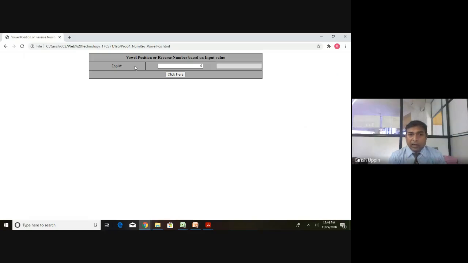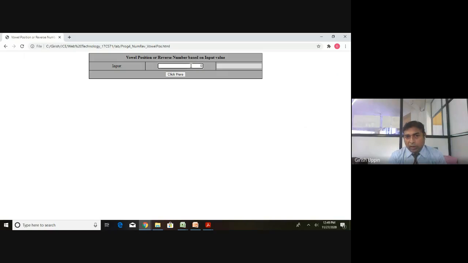In the second row I have three things. This is just a text, or you can say it is a label. And this, if you see, is some kind of an input. A text input is there where the user can enter a string or a number or alphanumeric, whatever he wants. The second one is also an input control which is disabled, which will be used for displaying the result. Suppose the user gives a string here, for example he gives x y z a, and he clicks. When he clicks on that, it will show a 4.